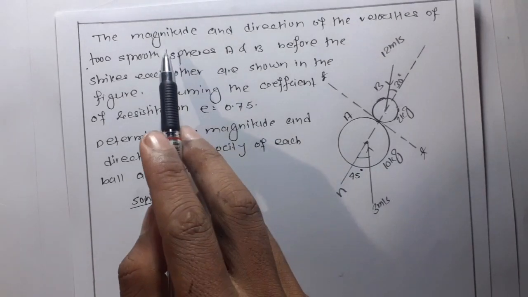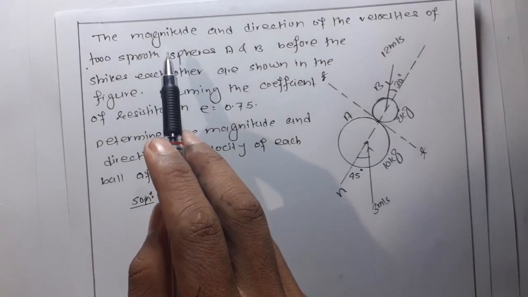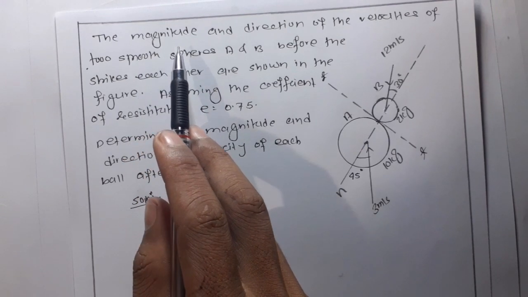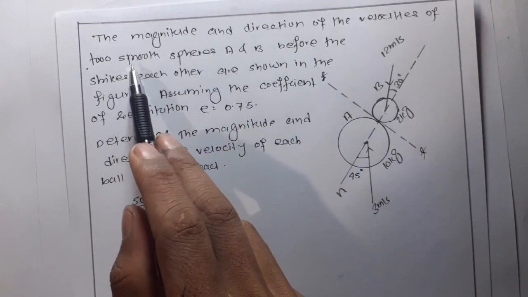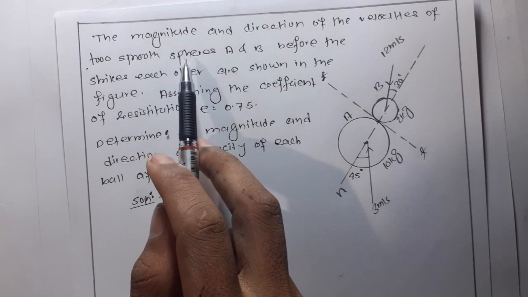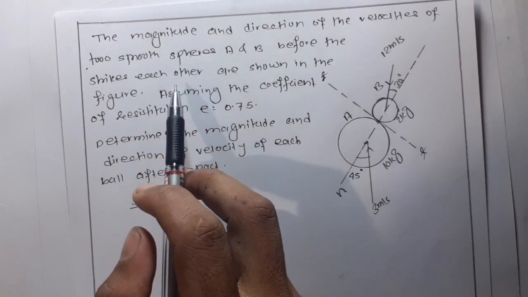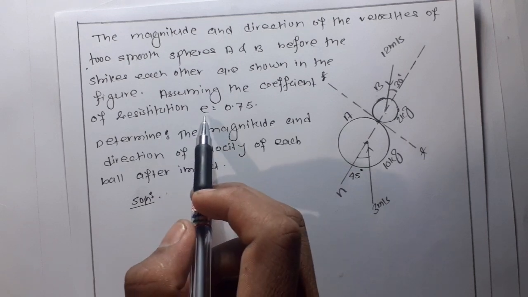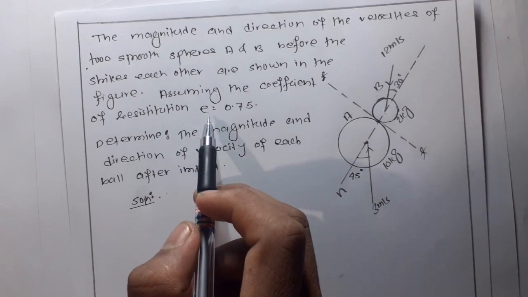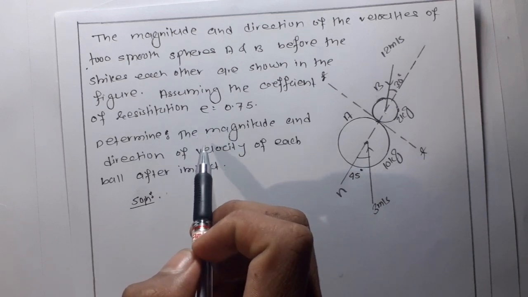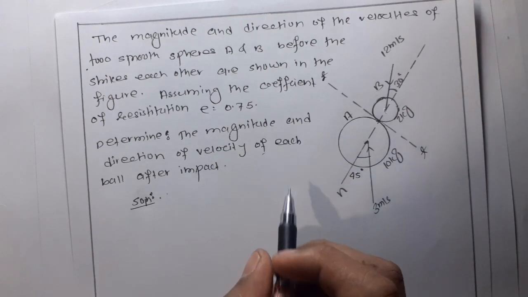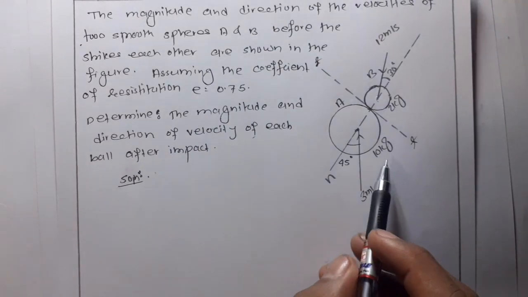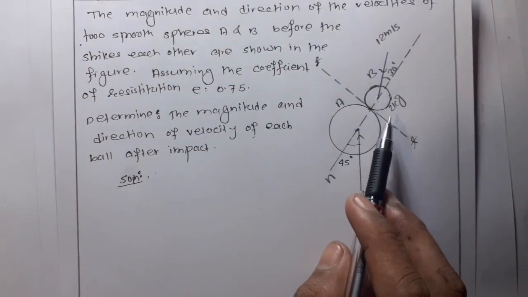We are going to solve the numerical based on oblique impact. So the question is: the magnitude and direction of the velocities of two smooth balls A and B before they strike each other are shown in the figure. Assuming the coefficient of restitution e is equal to 0.75, determine the magnitude and direction of the velocity of each ball after the impact. So ball A's mass is 10 kg